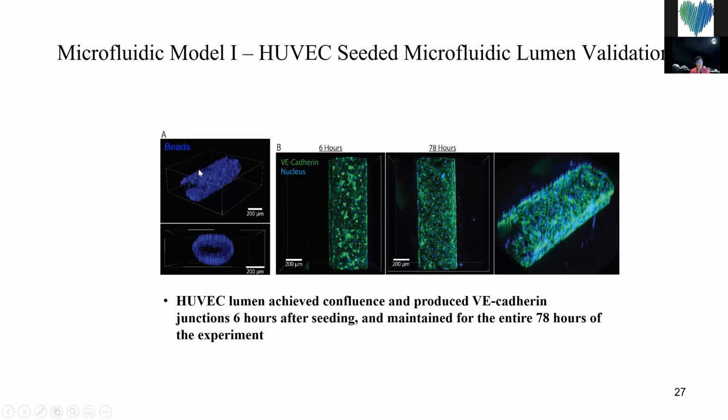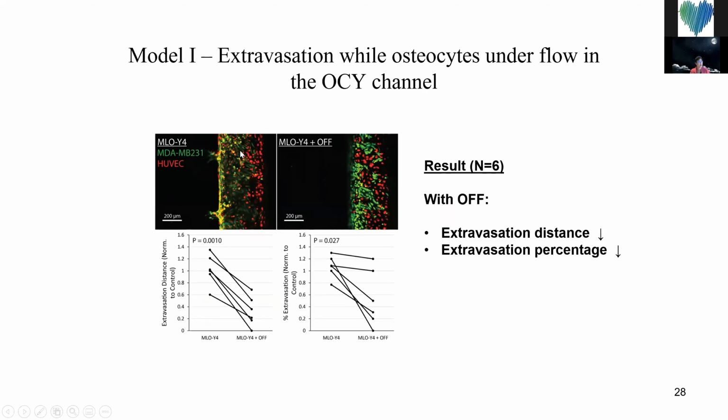And so this is the image showing we can form a very nice endothelium, like a vessel-like structure, an artificial vessel. The right fluorescent stain is HUVEC, which are endothelial cells, and we have green stained cancer cells. When they overlap, we see the yellow color, which shows that the cancer cells are trying to escape, right? They get across the endothelium, and we can see that cancer cells actually escape and then enter the hydrogel